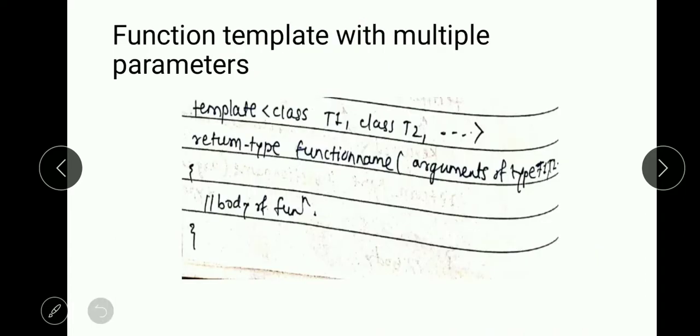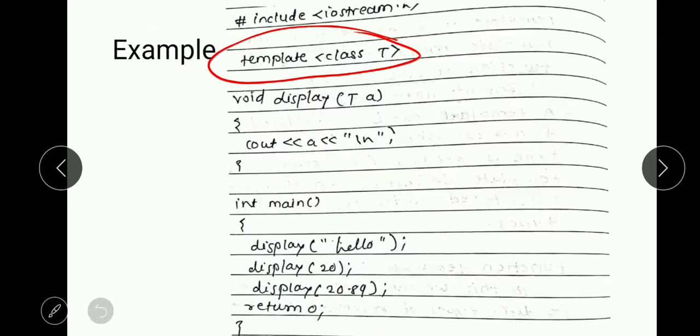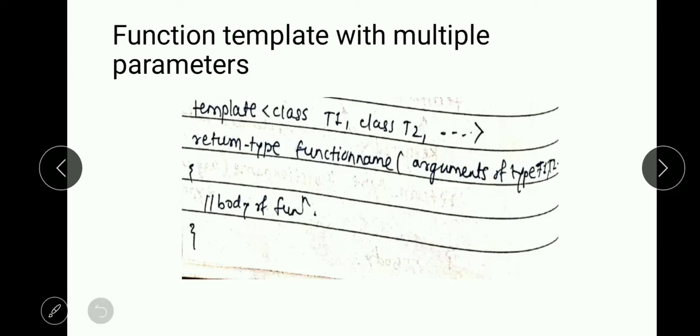Again, in the last program, we were declaring only one variable, that is a. In this particular program, we can declare the function with multiple parameters.